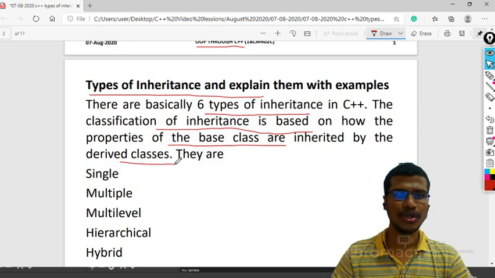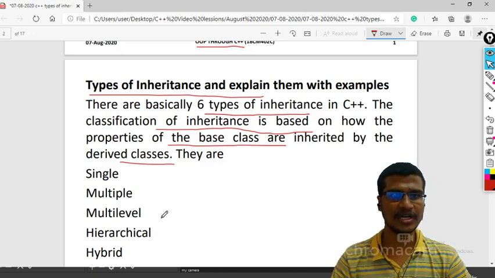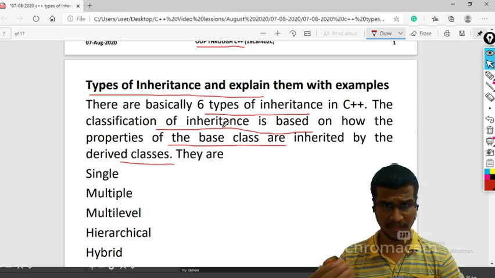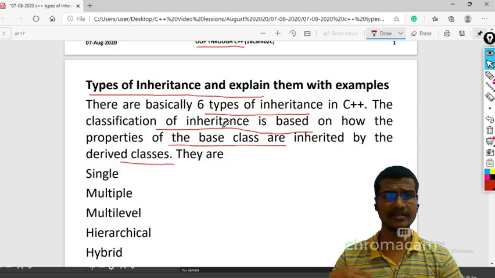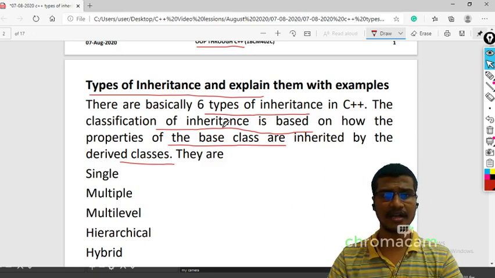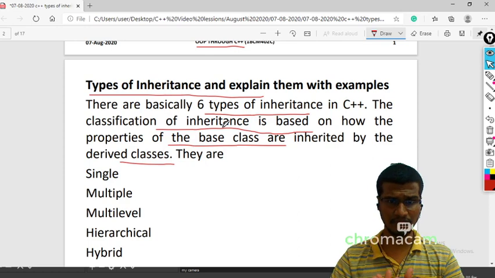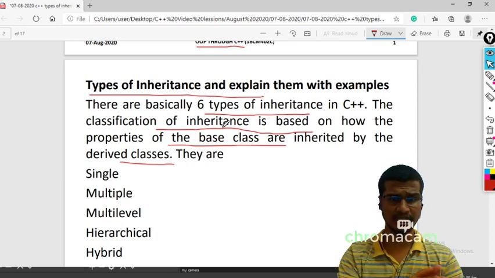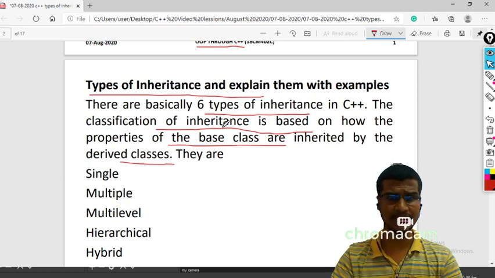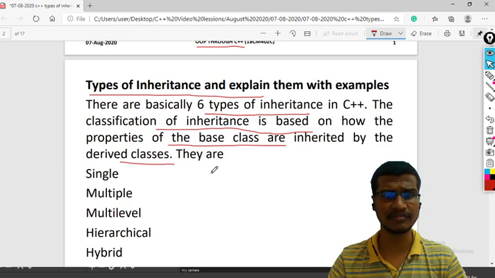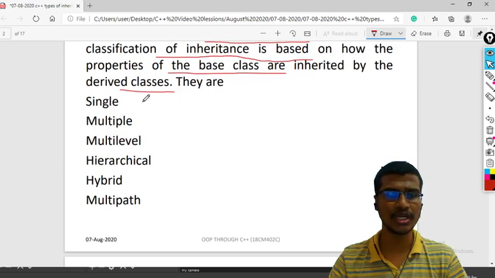The type of inheritance mainly depends upon whether a class is derived from a single base class or from 2 or more base classes.